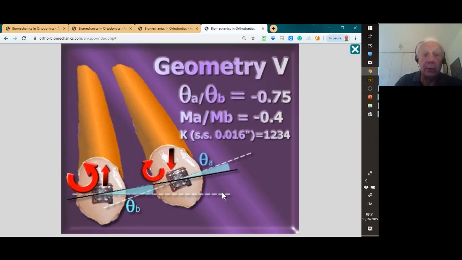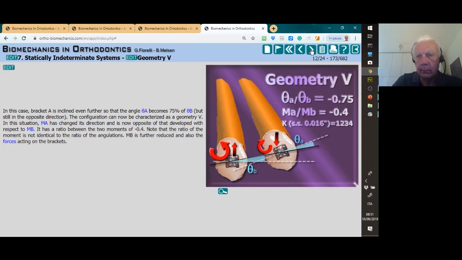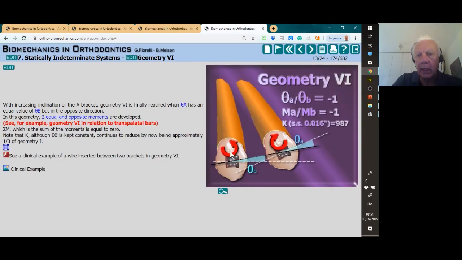The forces, of course, are much reduced. Look at the key value. This means that we have a reduction of this moment as well. In geometry 6, finally, we have an angle which is opened in the opposite direction and has the same value of what we have in theta b. So again,